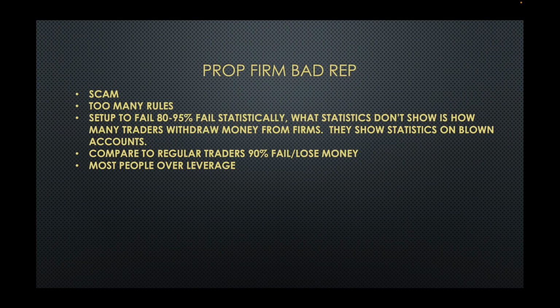They may have a consistency rule, which basically means you can only make so much money a day. It doesn't close your account or anything. We'll just say you have a profit target of $3,000. You need to hit this $3,000 before you can start pulling money out of your account. Well, the consistency rule, we'll say it's 30%, basically means if you're looking to make $3,000 to start pulling money out, you can't make more than $900 in one day. If you do, that just means your profit target moves up.